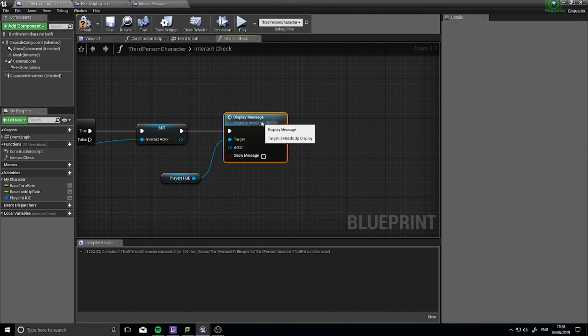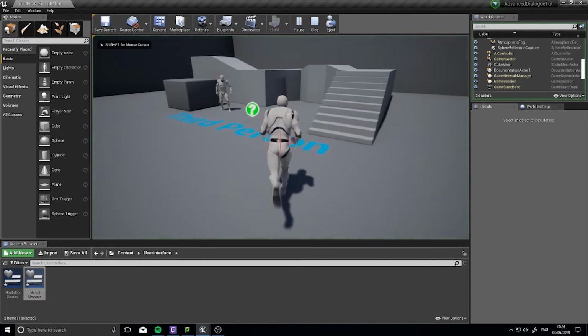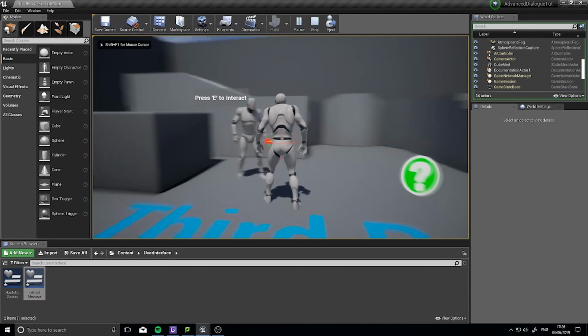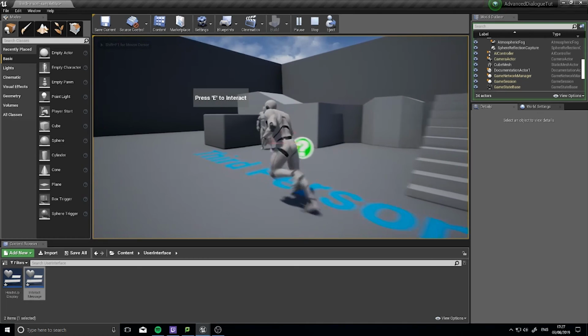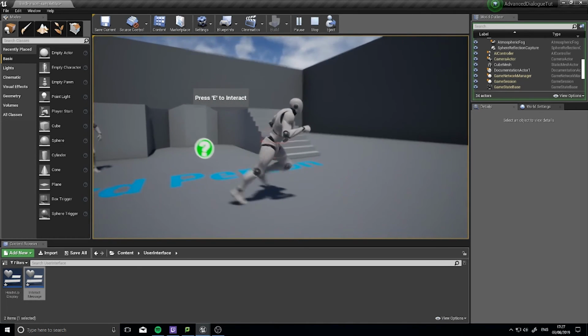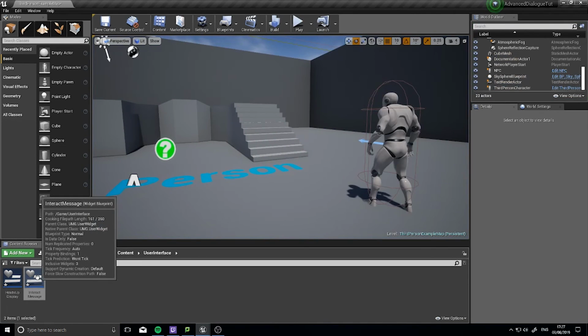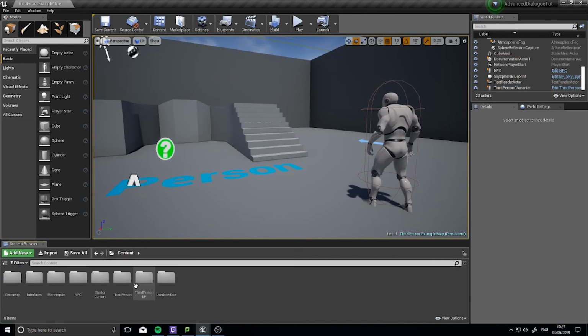I can play that there. Choose show message. Interact actor will go into actor. Choose compile, and let's see if this works. There you go. So it won't go away yet, we haven't done that bit, but there you go, it pops up on the screen. So go back to your player character,